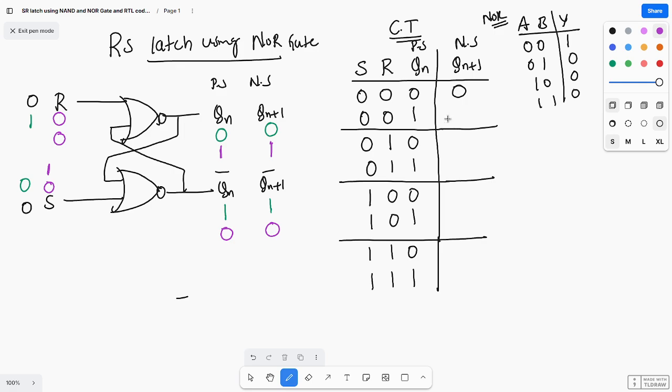Okay, so that means when you are giving 1, you are getting 1 only. So that means the next state value is the same as the present state. Okay, so that means this is nothing but what we call a memory state. Okay, and next case we'll see. This is case 1. Okay, so if you consider case 2,